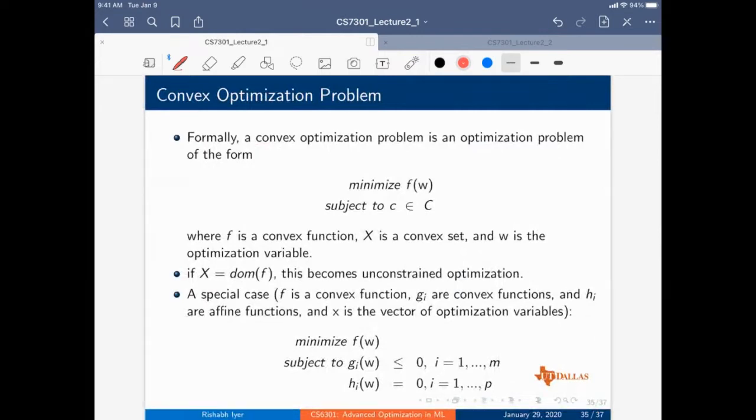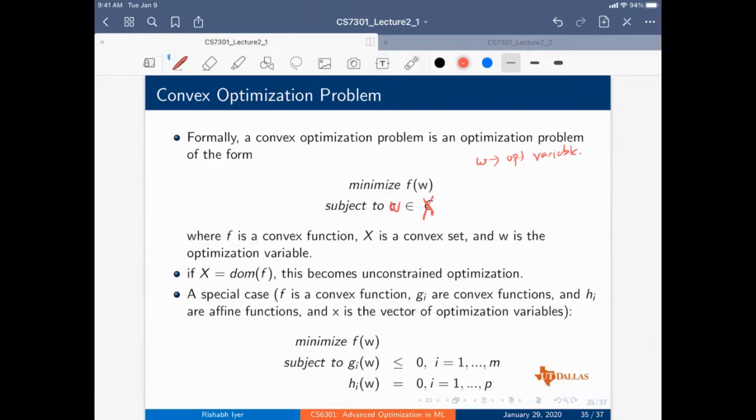Okay, so with this we can now bring up the standard convex optimization problem. This is important because there are two important things over here. You are minimizing, so actually this should be a W. Sorry, this is a typo. W here is the optimization variable, and this may not necessarily be a scalar. It could be a vector, or in fact, it could be multiple variables all concatenated together